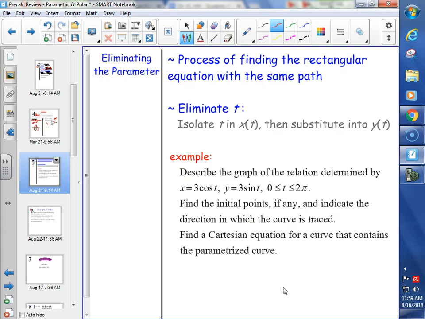Yeah. How do you get t? Divide by 3 and take the cosine inverse. And then plug in the cosine inverse. What's 3 sine times cosine inverse of x over 3? Or,